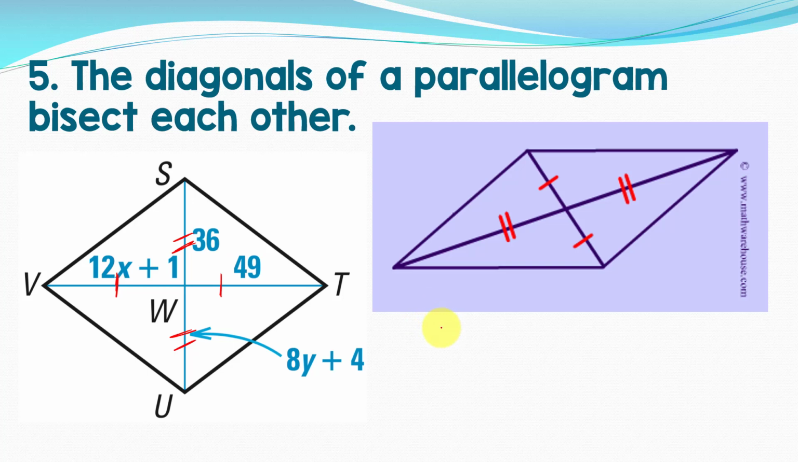And so, again, congruent things, I'm going to set them equal to each other. So solve for x with that equation. Set 8y plus 4 equal to 36 to solve for the other equation. And then the last one,